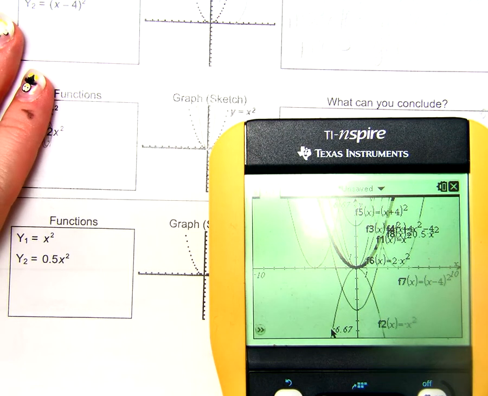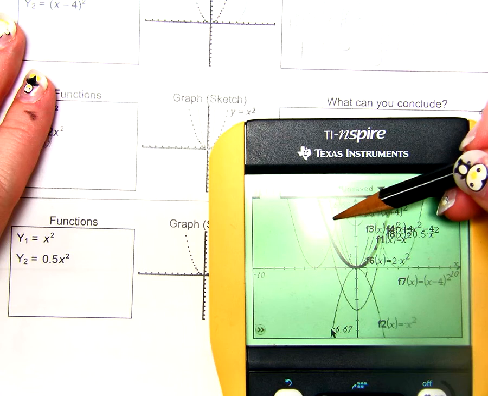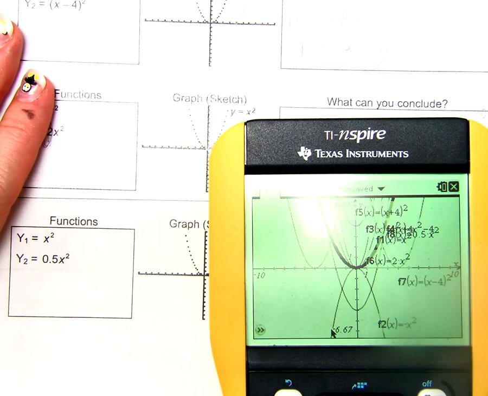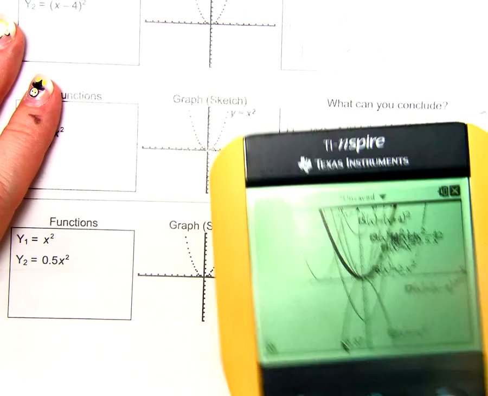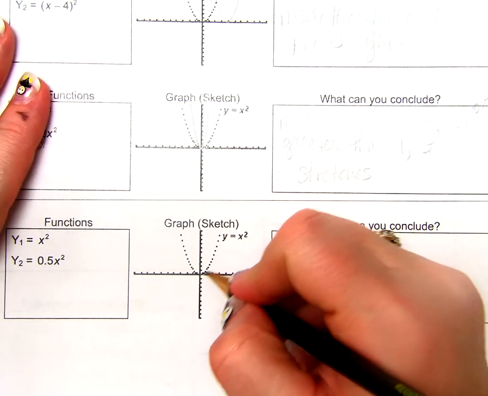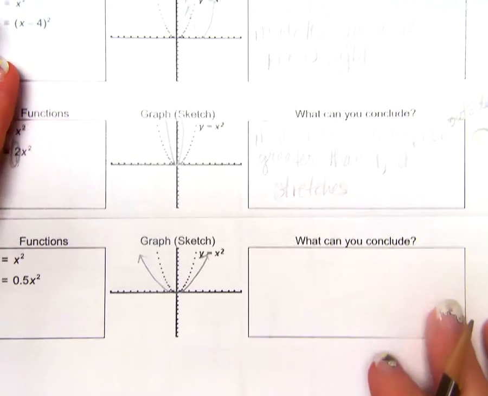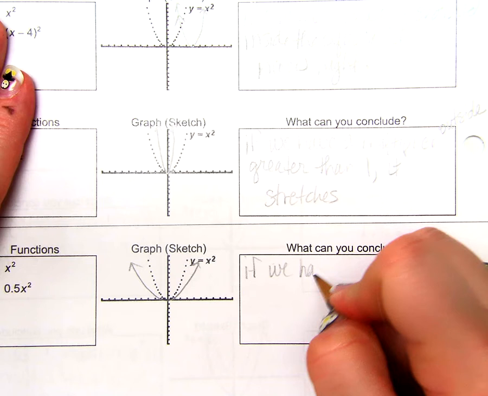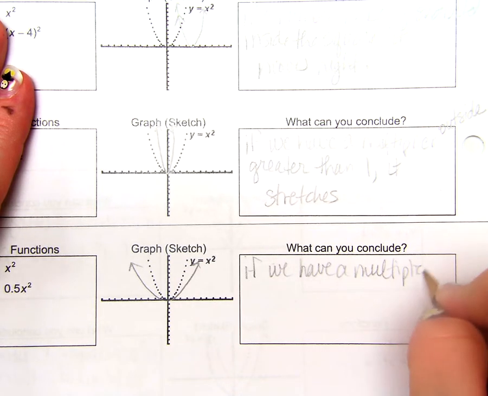Wider, fatter, any of those will work. Here, this one right here is our parent function. Okay? Bye, see ya. Okay? So it got wider than the parent function. So what can we conclude? If we have a multiplier outside,